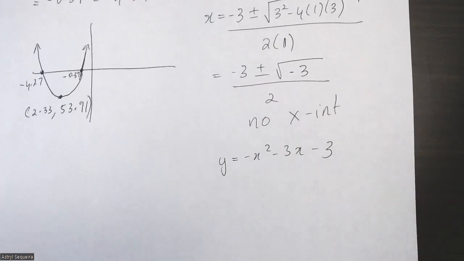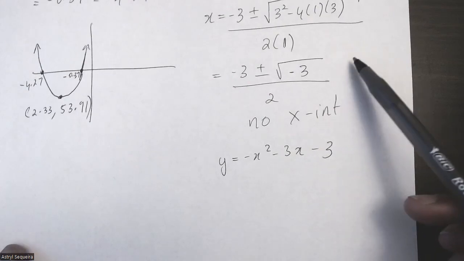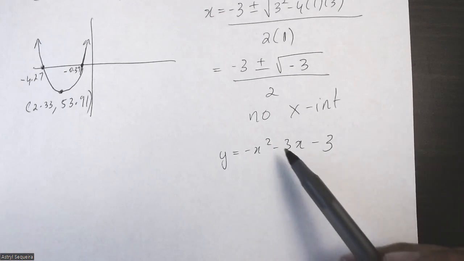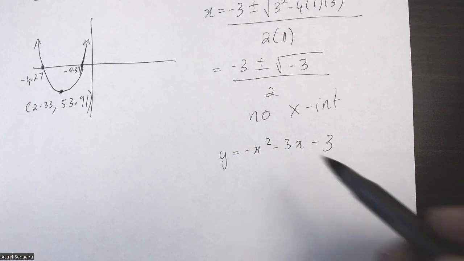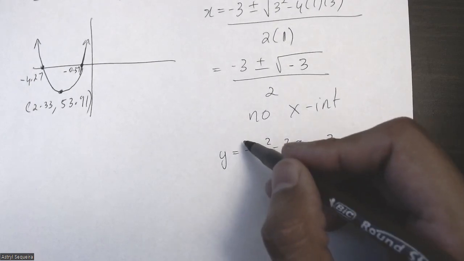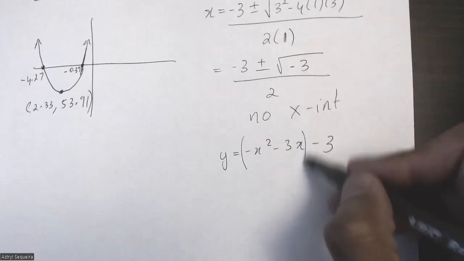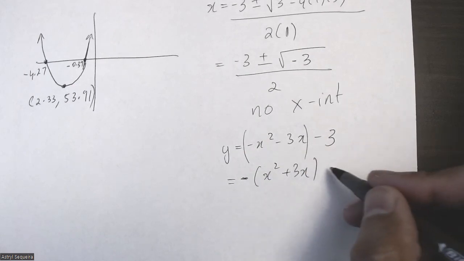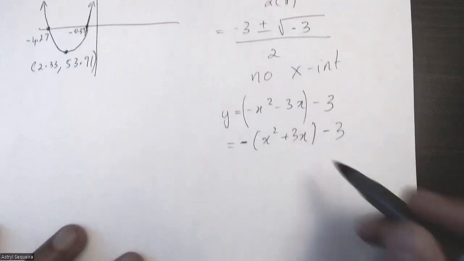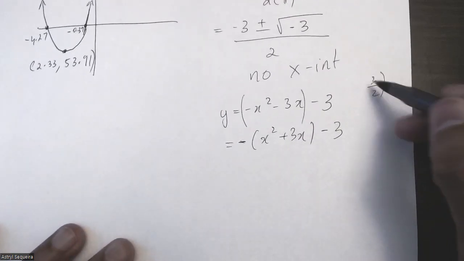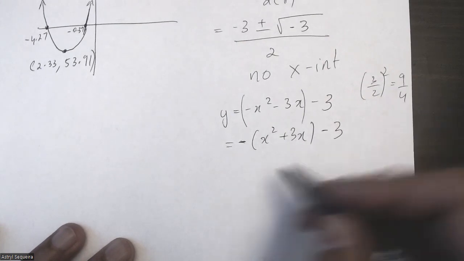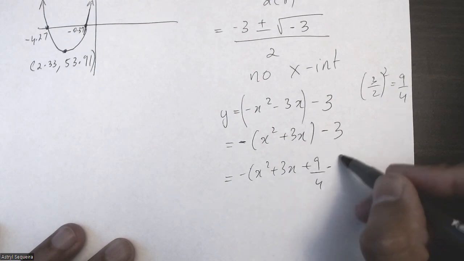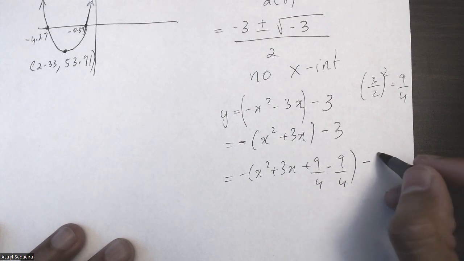And here's where the method of completing the square comes in. Because if you have no x-intercept, the only way to find the vertex, well, not the only way, you could obviously just use a quick formula, x equals negative b over 2a as well. But the other way to find the vertex is to do completing the square. I want to do completing the square over here, negative x squared plus 3x minus 3, by my magic number. So that's 3 divided by 2 squared, which is 9 over 4. So equals negative x squared plus 3x plus 9 over 4 minus 9 over 4 minus 3,